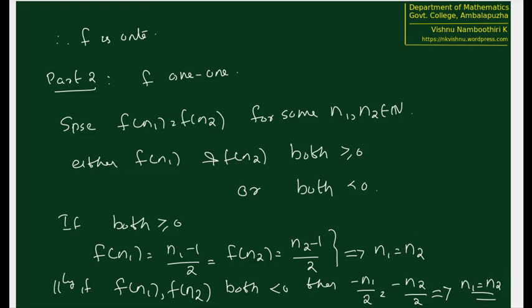So in either case we get f of n1 equal to f of n2 implies that n1 equals n2. Therefore f is 1-1. So f is 1-1, f is onto, therefore f is a 1 to 1 correspondence